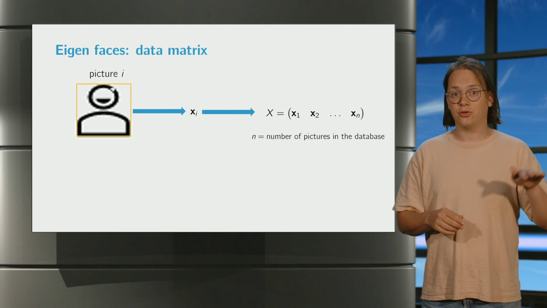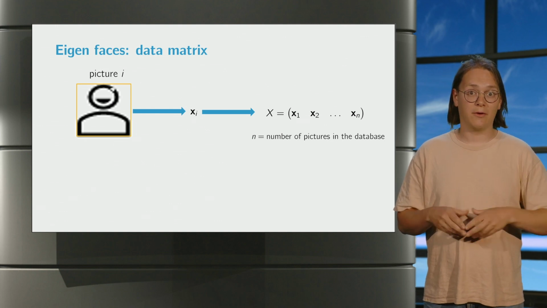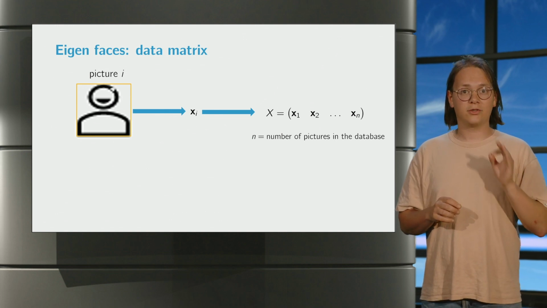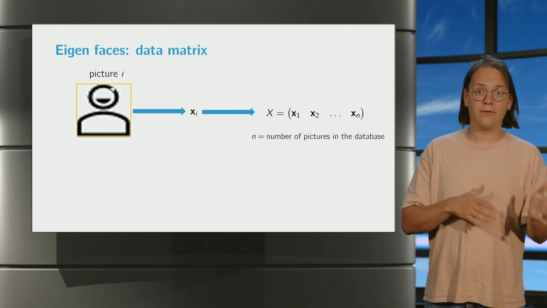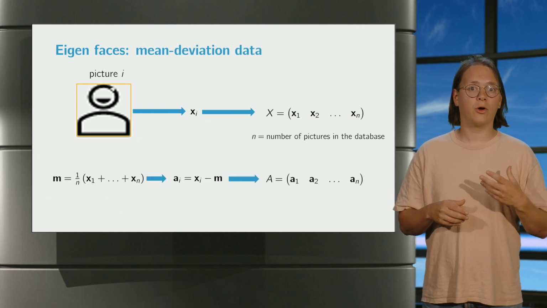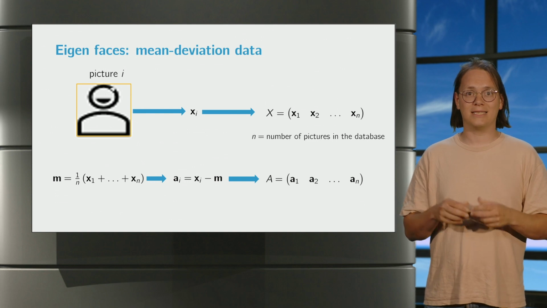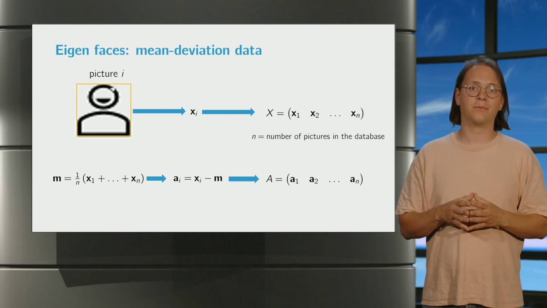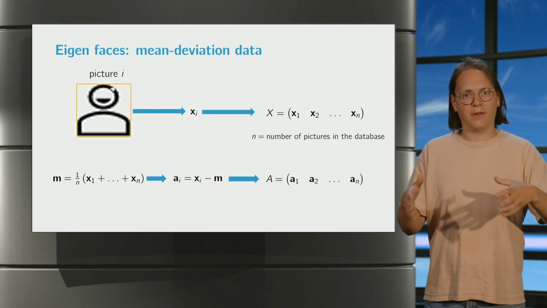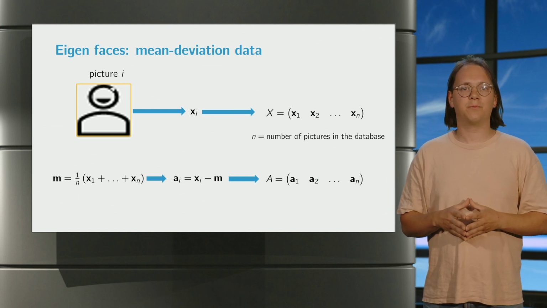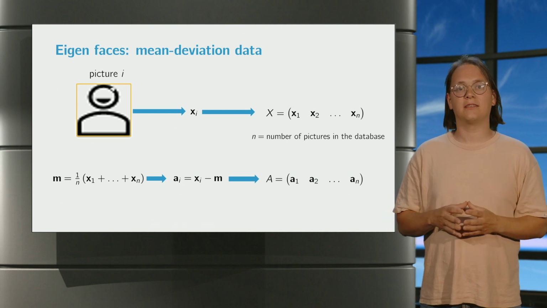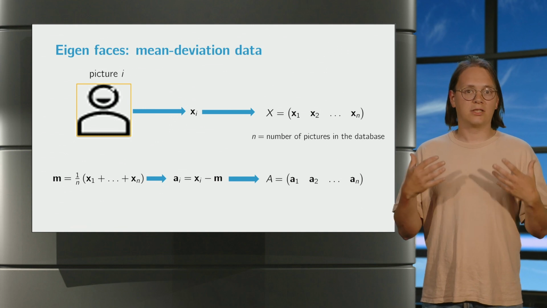This means that each row in the matrix provides the grayscale value of a particular pixel in each picture. We are interested in how these values vary from person to person. So to start with, we will want to consider the values of pixels as deviation from the average value. In other words, we want to take the average picture, the picture obtained by averaging the grayscale values of each pixel over all images, and subtract it from each picture in the dataset. We obtain this way the matrix A.